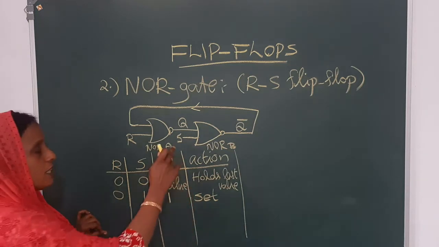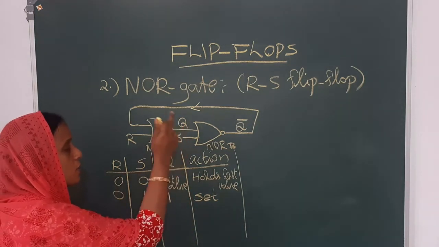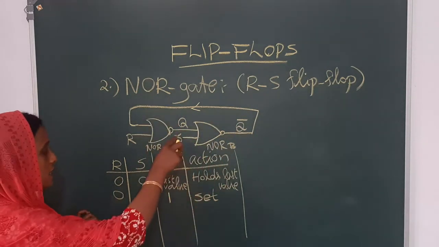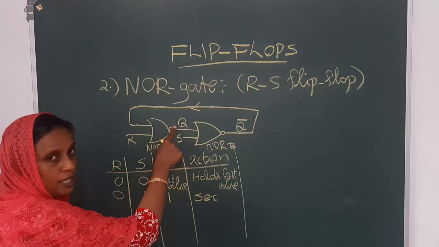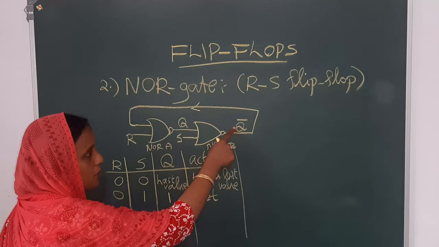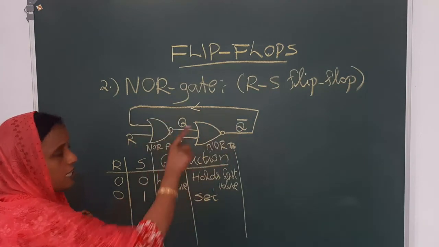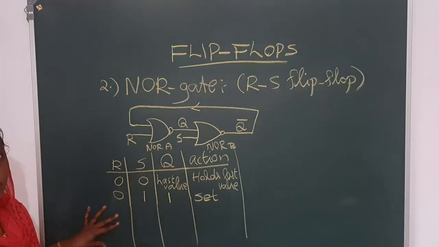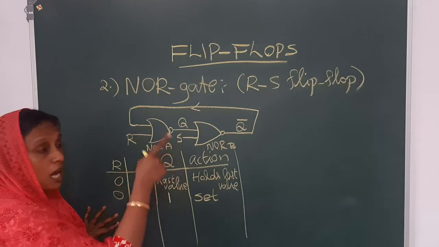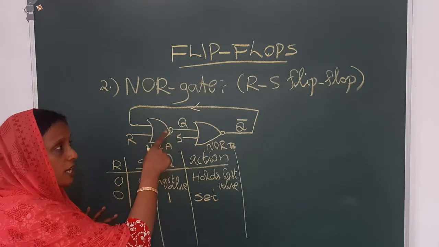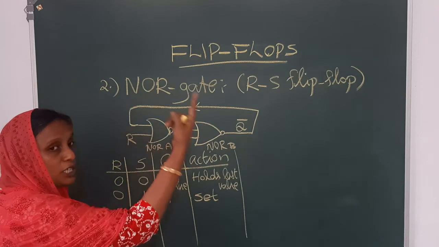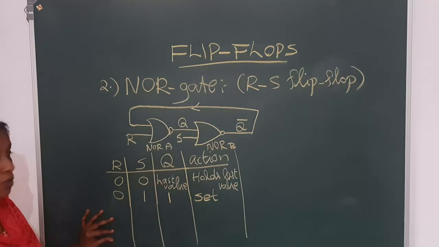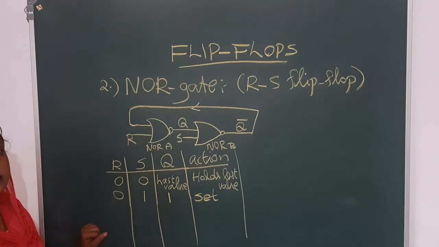Okay. Suppose in this case initially Q is already high, then there is no change, it remains the same. Because you can see that if initially Q is high, then also this NOR gate gives you 0 here and it comes here, it holds like that. Okay, so this condition is called set condition. That means if the output of NOR gate A is 0, it is set to high, set to 1. Otherwise, it remains 1. So, this condition is called set condition.